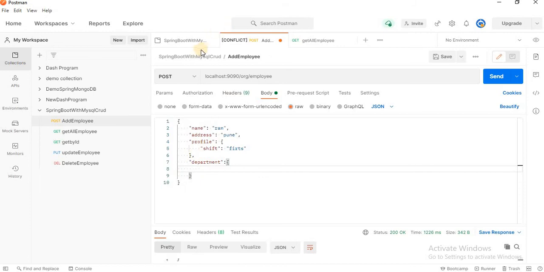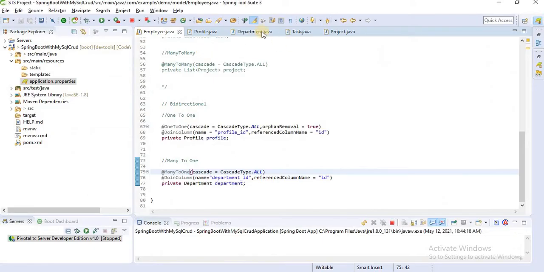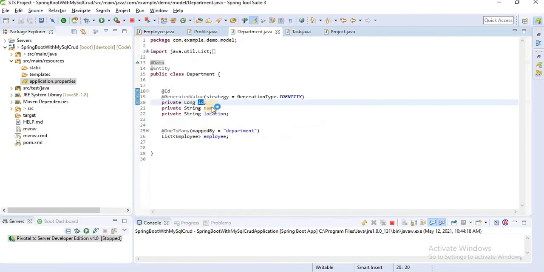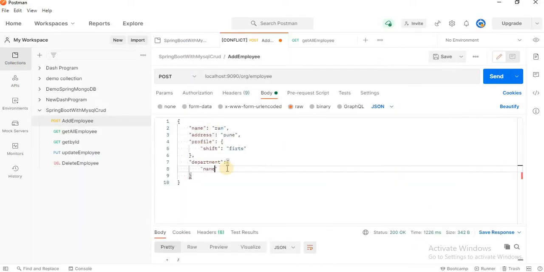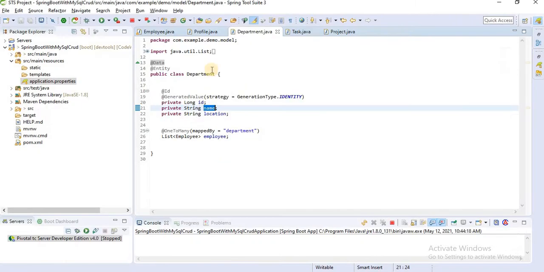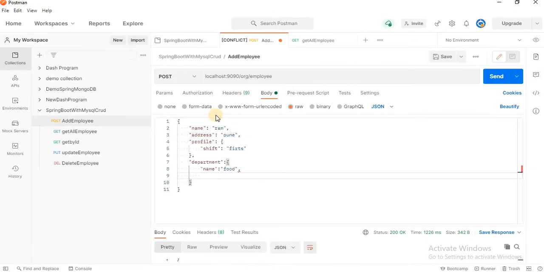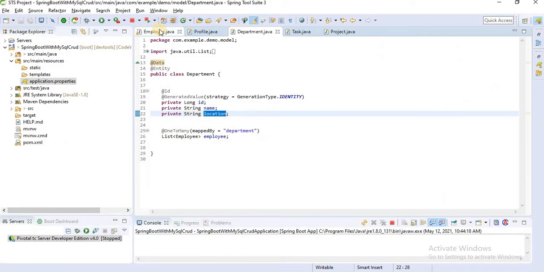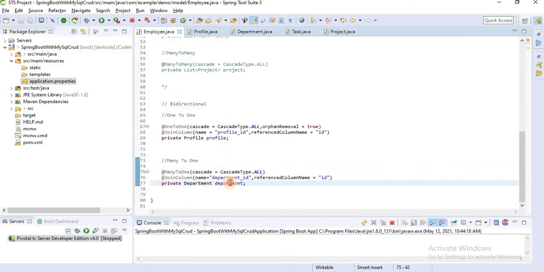We have to add department. Let me check how many fields are inside the department. We have name and location. Let me copy this name, in double quotes name, food department, and the second one is the location. Location should be Pune. Let me check this department spelling.